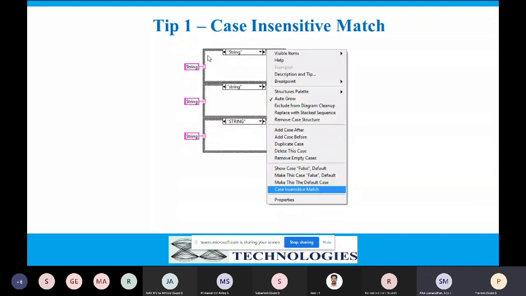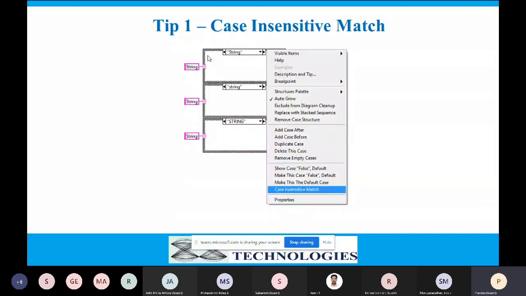If you want to disable this, right-click over the case structure and you will get an option called case insensitive match. If you enable this option, it will disable the case sensitiveness of the case structure.